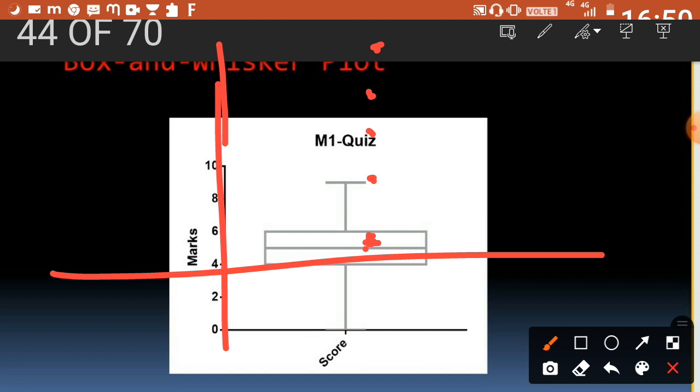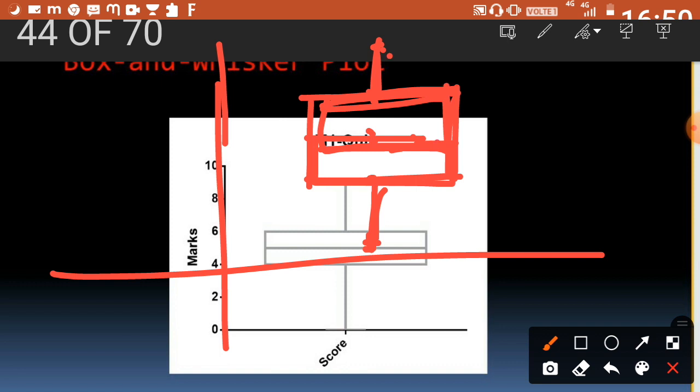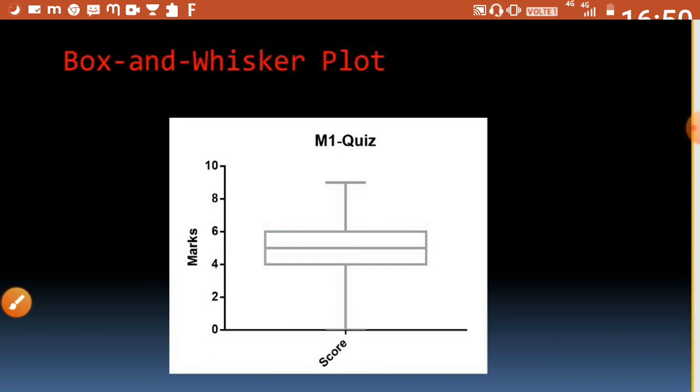So first, by using the first quartile, median and the third quartile, plot the box, okay? So now we have the rectangular box, then join these points. Join these points. So now your box and whisker plot is ready. Got it? First plot the minimum point, then plot your first quartile, then your median, then your third quartile, then your maximum, okay? Then draw a rectangle like this, then join the two points. So that's it about your box and whisker plot. So here we finish our box and whisker plot, fine.